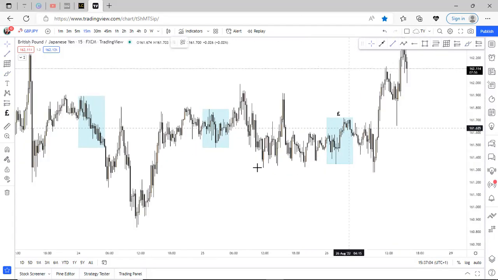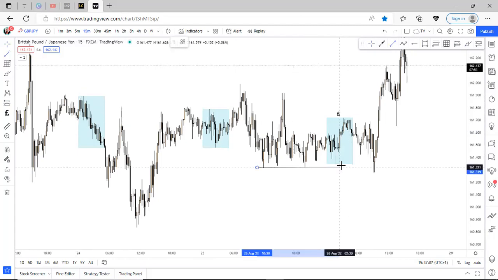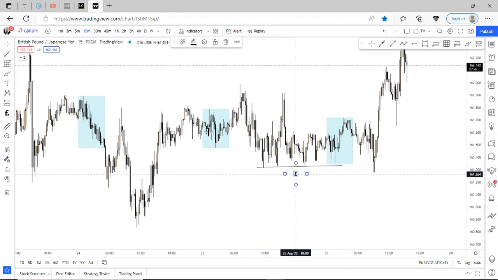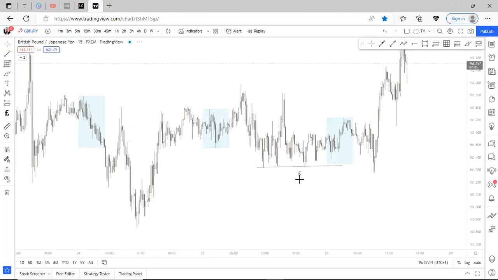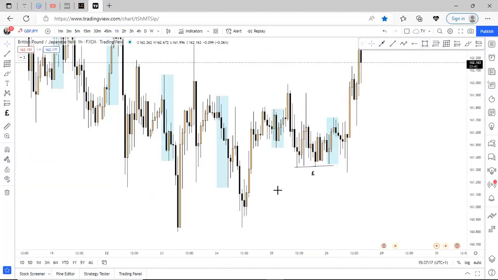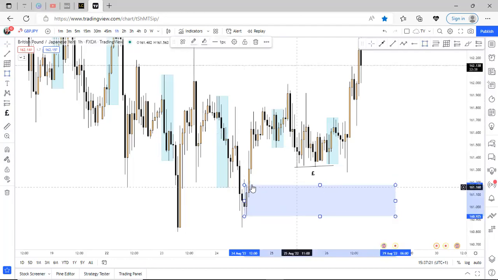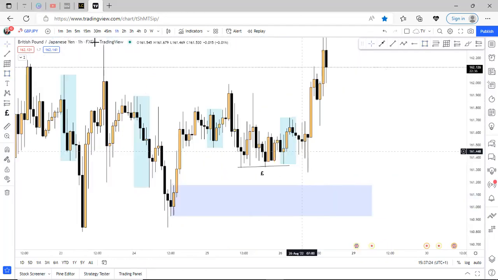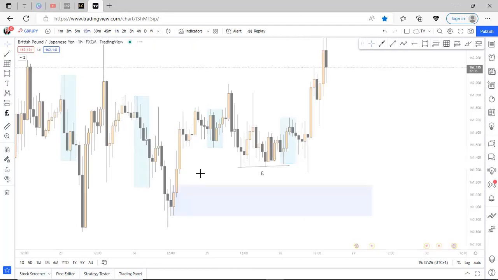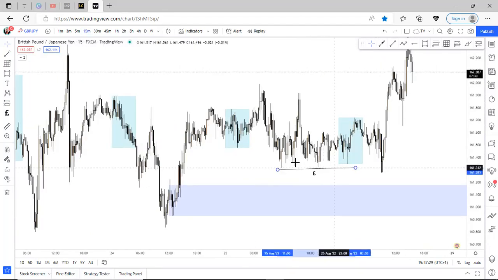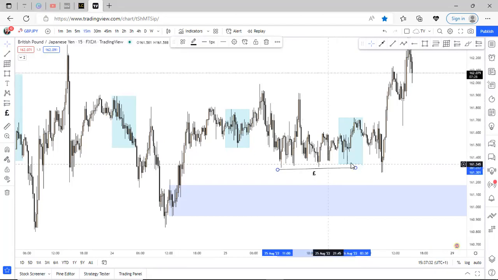Why did I take a sell? From that video I posted yesterday, I talked about the liquidity. Sorry about that. I talked about liquidity sitting right here. And if we move to the 1 hour on GJ, you'll see that we have imbalance to be filled right here, this demand zone to be mitigated as well. So this was the reason for myself, because I saw that liquidity needs to be grabbed below this set of equal lows, and we also have the Asian range low to be taken out as well.